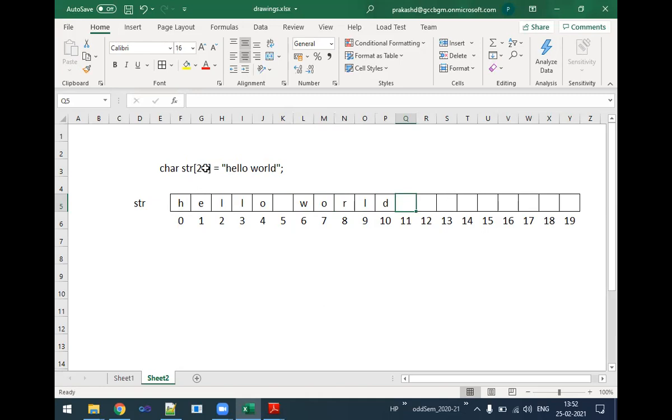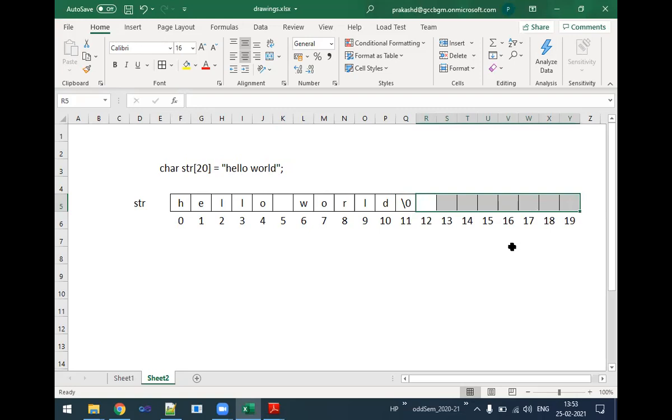We have defined an array here, character array or a string of 20 size. But the initialization is done not for the 20, but the lesser size. In that case, the compiler will add a null character after the last valid character. Last valid character is D. After D, it is going to add a null character. And all these remaining blocks, depending upon the compiler, it will either allocate few more null values or garbage values. Depending upon the compiler, it will happen. So we will say usually that it will allocate all these remaining cells or the memory blocks with the garbage values.